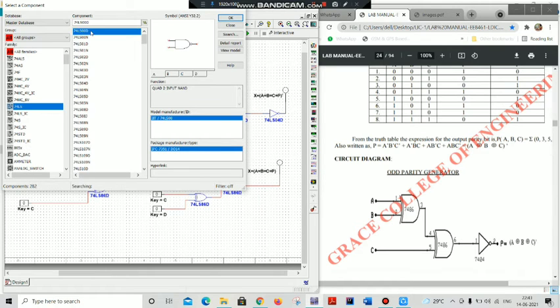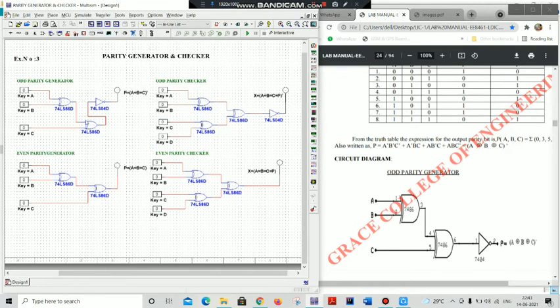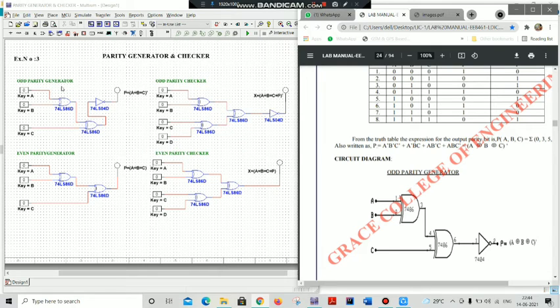From this I am taking these two gates, and similarly I'm taking the constant value for giving the input for these gates. I'm taking an LED probe for getting the output. Here I construct all the circuit diagrams which are shown in our manual. So this is your odd parity generator and odd parity checker, and this is for your even parity generator and even parity checker.